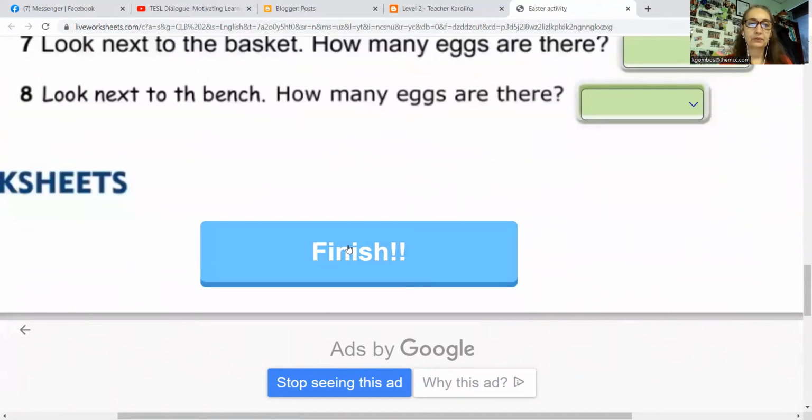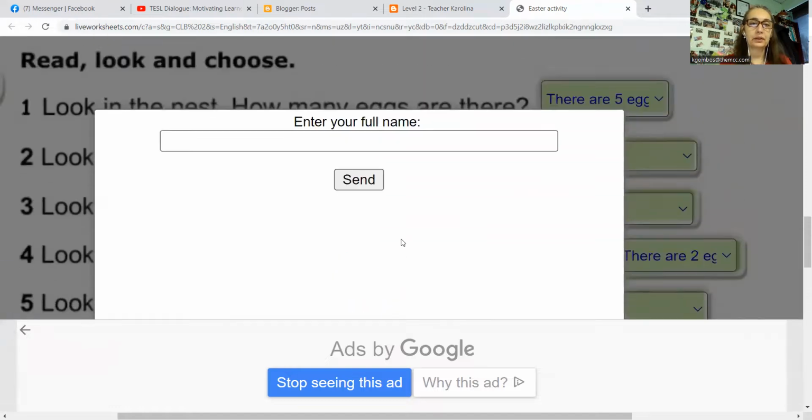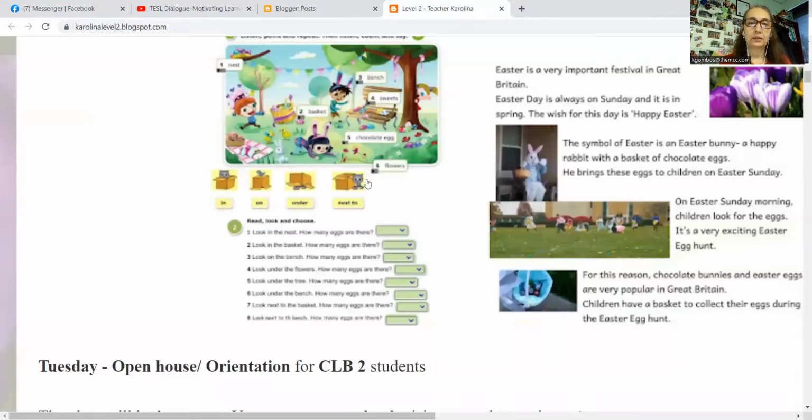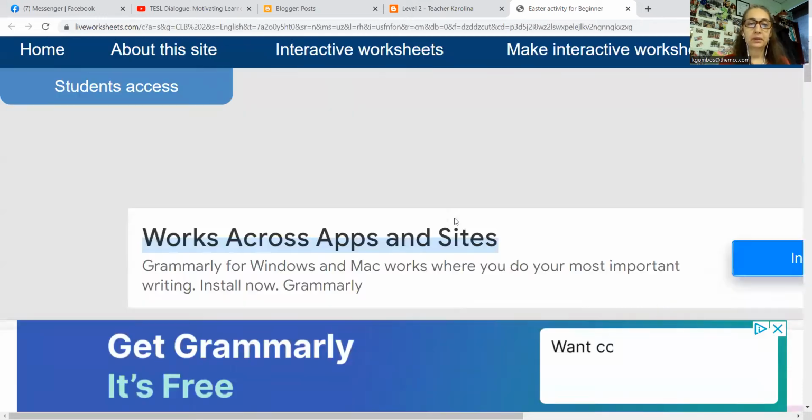After that, you click on the finish button, write your name. As you know, I show you again, just put your name. It says here full name, but even if you put your first name, it's good for me. And then click on send so I can look at it. Okay, on the weekend, I didn't have a chance to correct your homework, but I will do it today. Okay, and there is another one about Easter